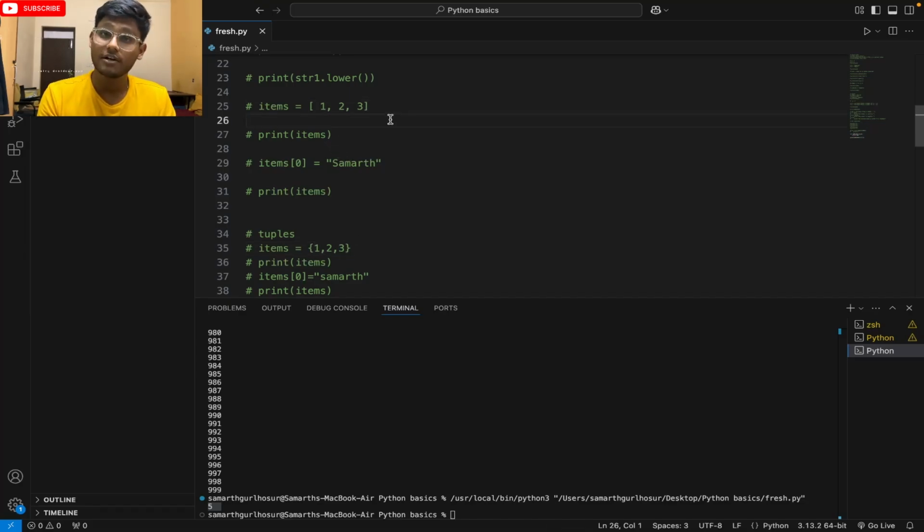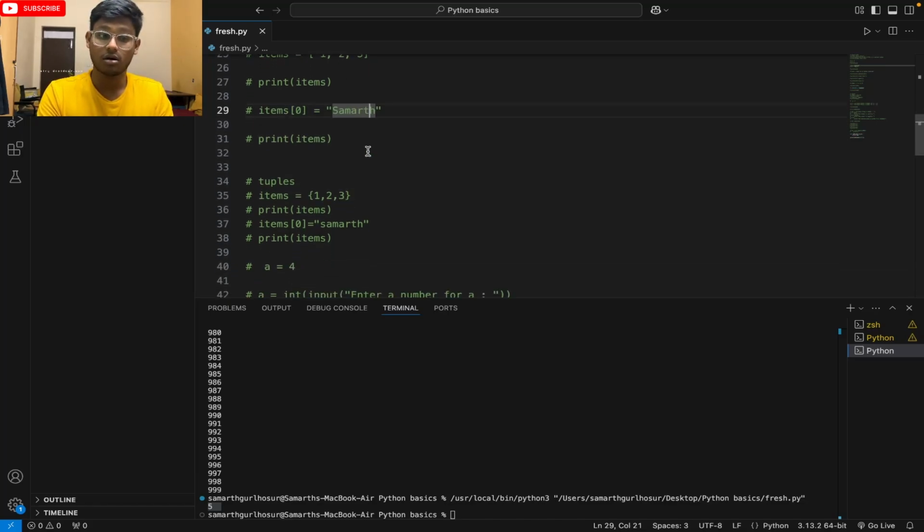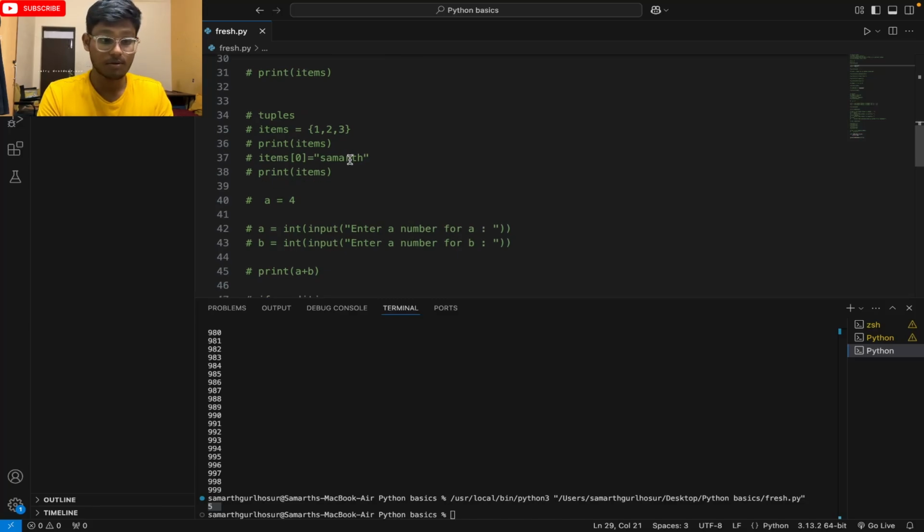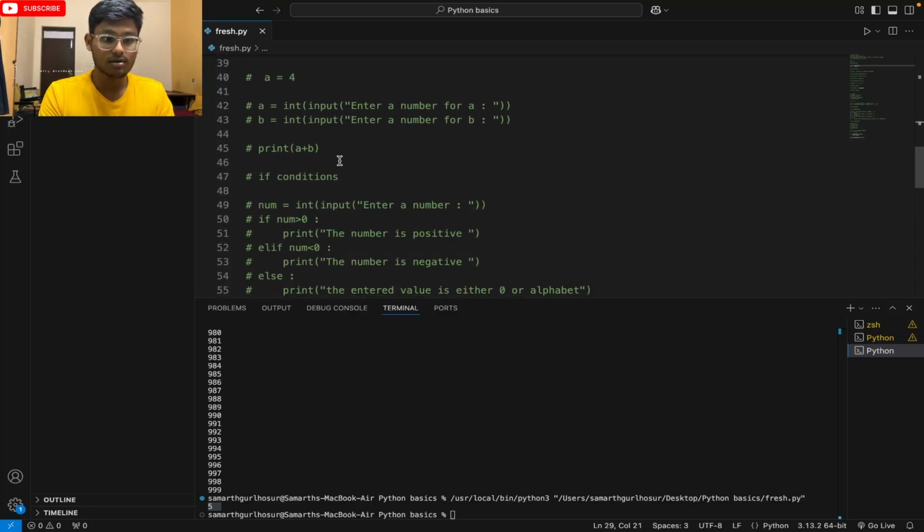The main core difference between lists and tuples is that in a list the items or the values can be changed after the call of the variable. Here we have called it, and after calling the variable, we have changed the indexes. It has been accepted in lists, but it is not the case in tuples. Next we learned